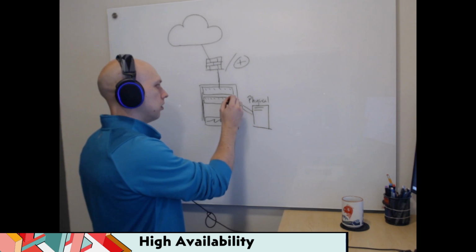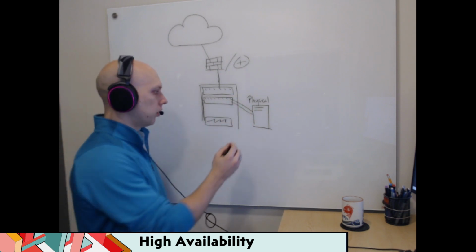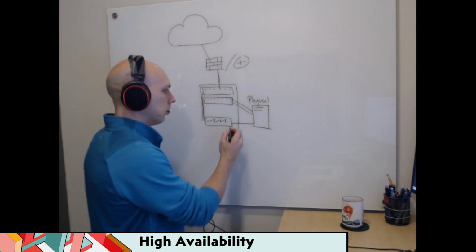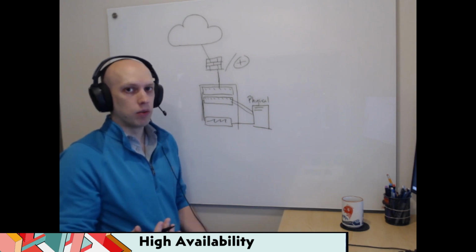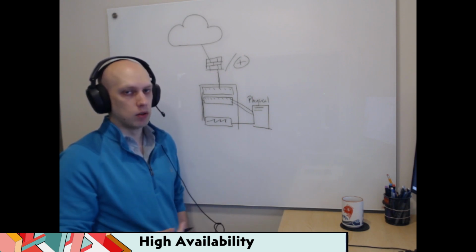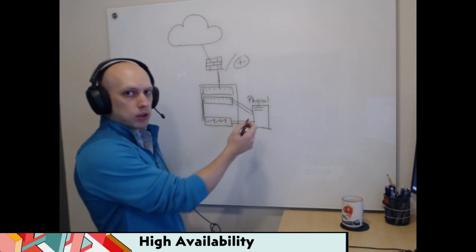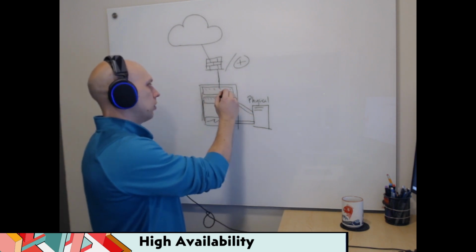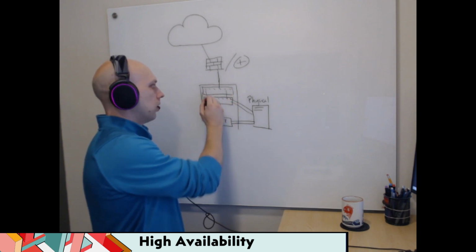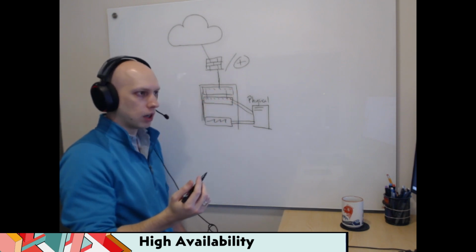So let's do 2 network connections. Also, the server will be connected to power, but you also want redundant power supplies on a physical server. In case you lose one, you want to have a second so you don't fail. So redundant network connections, redundant power supplies. The switches are going to be connected to each other, but oftentimes you want double connections there as well, just